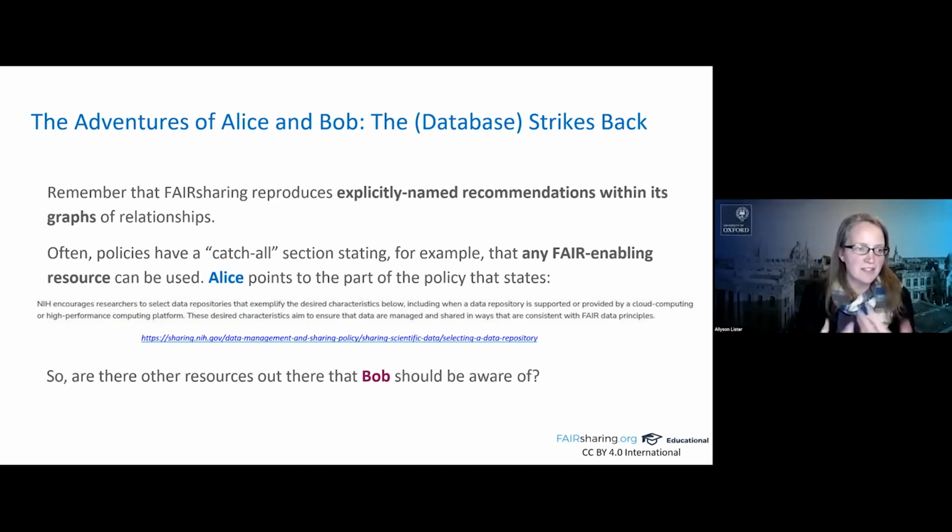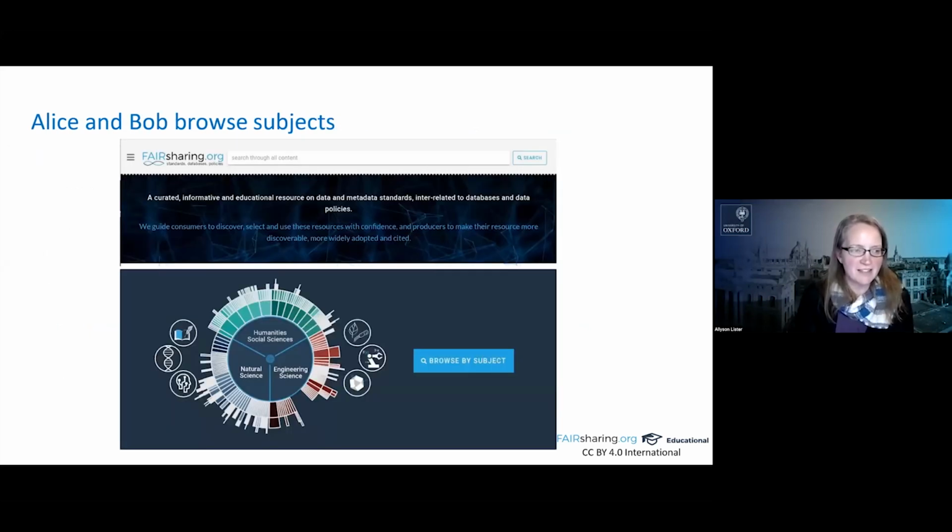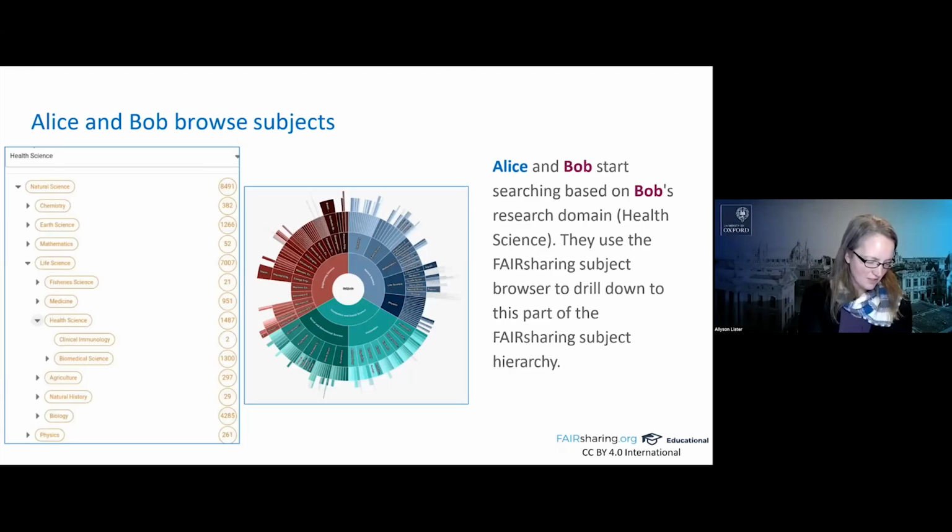We'll move on to the next one, because I was saying, what happens if the policy is not giving you explicit recommendations? Well, one thing you can do is to browse the subjects. And so there are lots of different subject tags in FAIRsharing to let you know what the research area is. And FAIRsharing covers all research areas, not just the natural sciences. Next slide, please. And so what we can do is we can have a look at